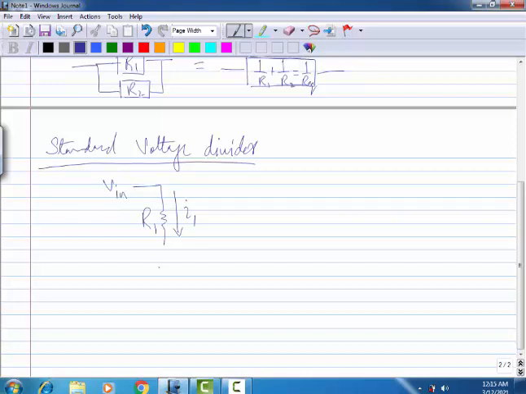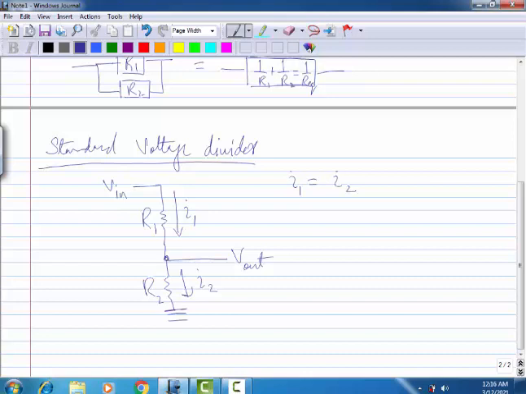If you want to take out the voltage from here, this is known as V out, and you have the second resistance also connected to the ground. There are two currents, I1 and I2, and because I1 is equal to I2 in this case,